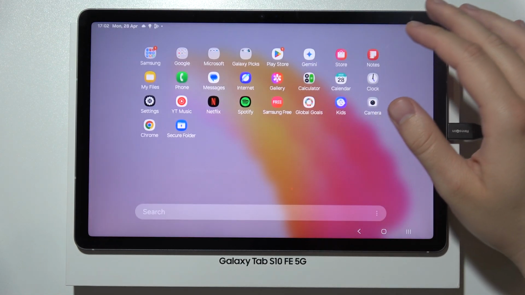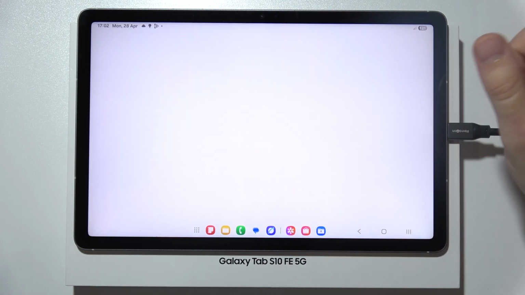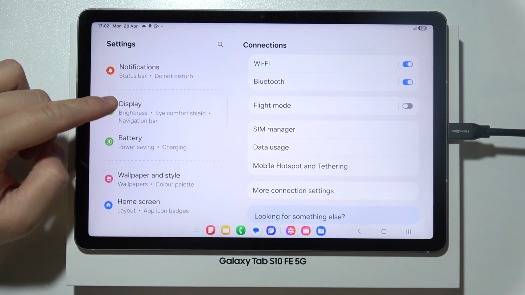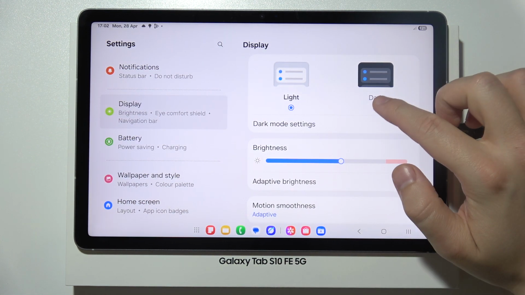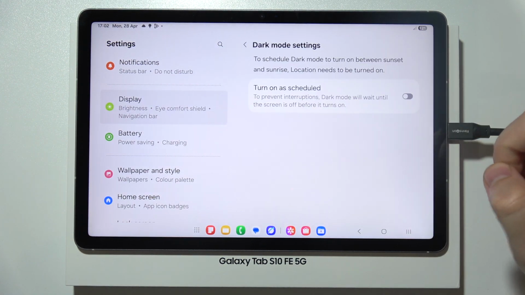To find and manage display settings on the Samsung Galaxy Tab S10 FE, just start by opening settings. And right now you will have to scroll down in the main settings page and open display. As you can see right here, we can find a lot of things. First of all, we can find light and the dark mode, but also some dark mode settings, like we can